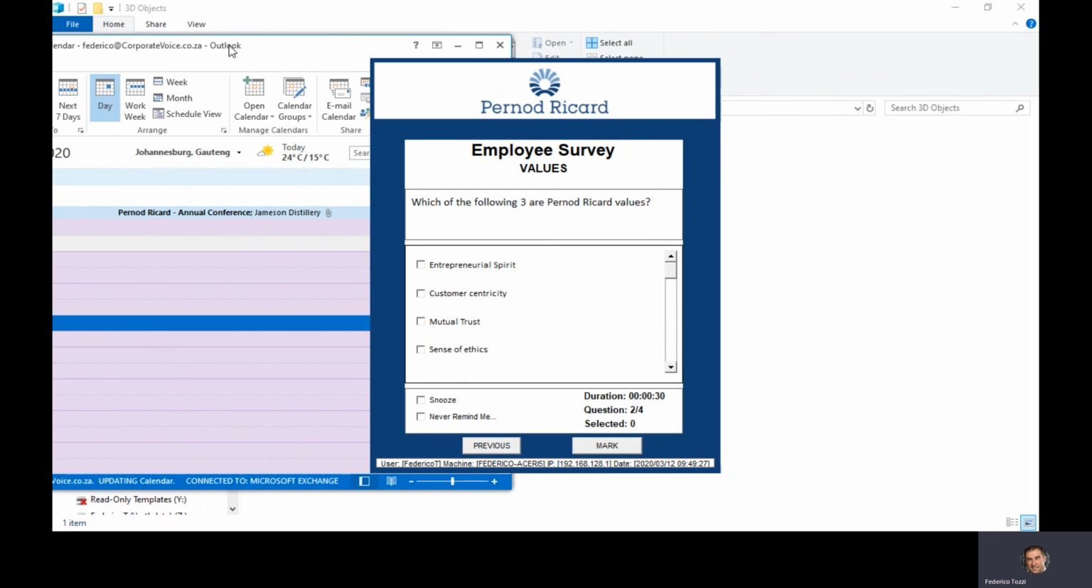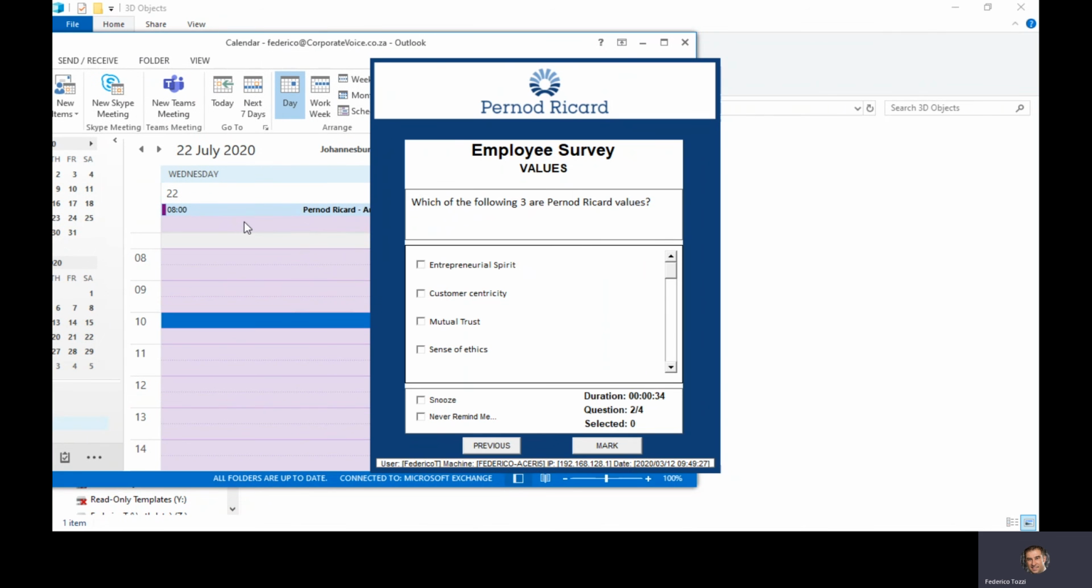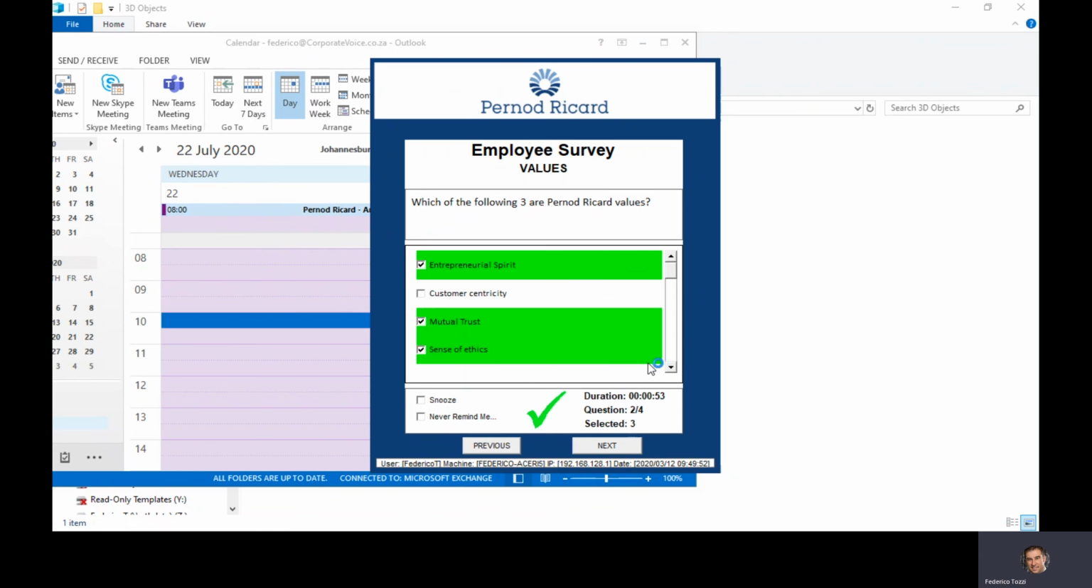So here I've got the annual conference, which is being held at the Jameson Distillery, and that's been put and reserved in my diary. Takes us to question 2. Question 2 reads, which of the following 3 are Pernod Ricard's values? I know it's entrepreneurial spirit, mutual trust, and sense of ethics. So I'm going to choose those 3, and I'm going to click on the mark button, and it marks me